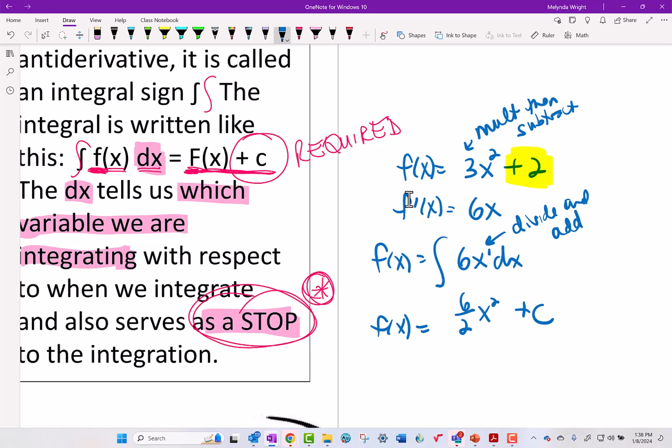Does that make sense? Okay, that's why you will lose a point if you don't put plus c in your work. You just will. I've had a student count up the number of points they lost because they forgot to put plus c. It was astronomical. And I've had students write at the very top of their paper, gigantic, like plus c,